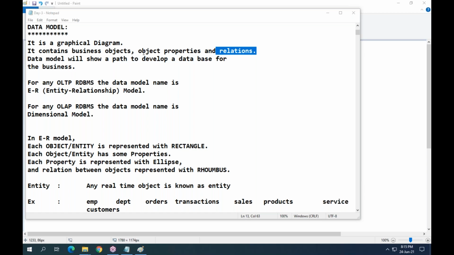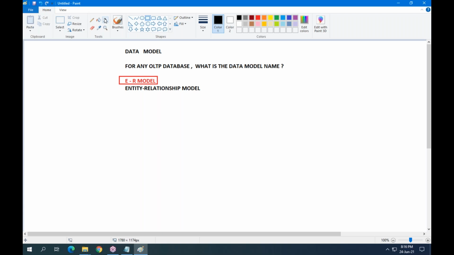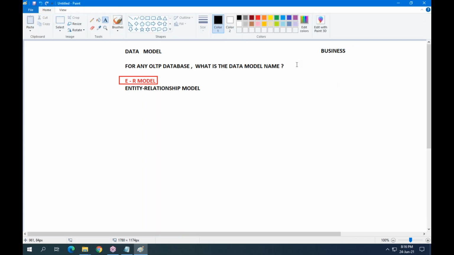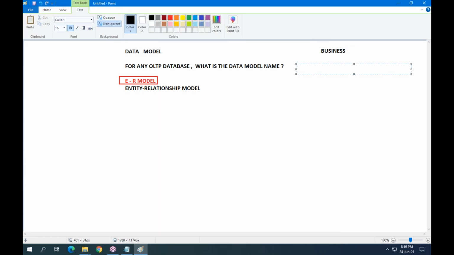How do we represent an object? In the business, every real-time entity is known as an object. Employee is there, department is there, product is there, customer is there.